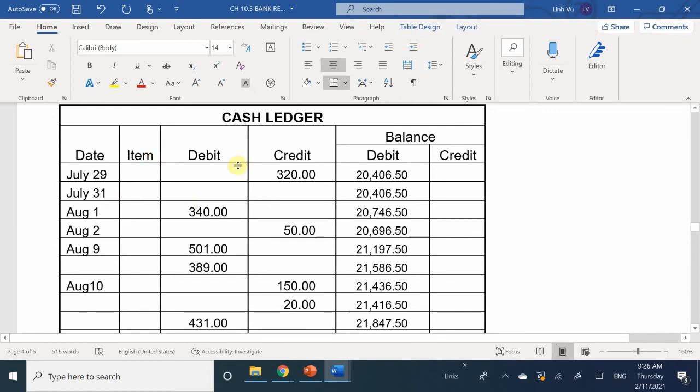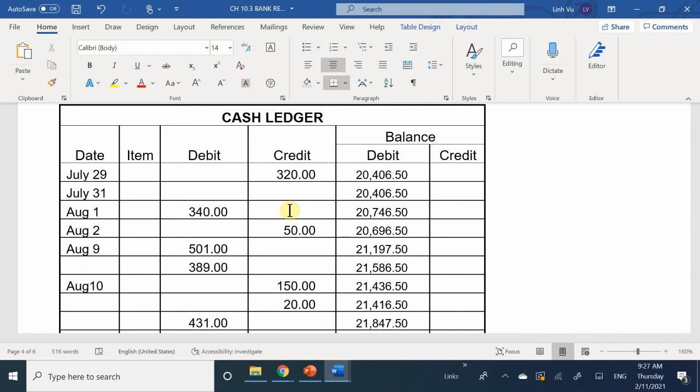So where do you think I should place this information? The bank statement? Why would it be the bank statement? Was it the bank's fault that I wrote 340 instead of 430? What does the bank recognize? The bank recognizes 430. Good. So is this an error on the bank's end or is it an error on my end? On our end.